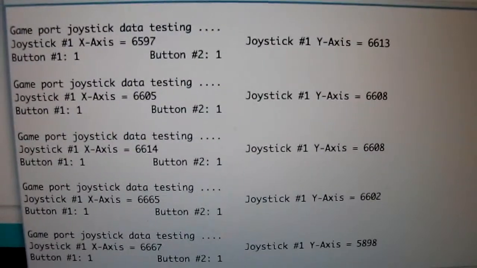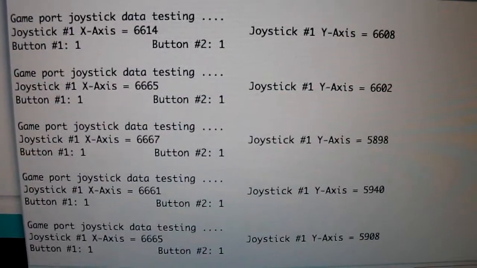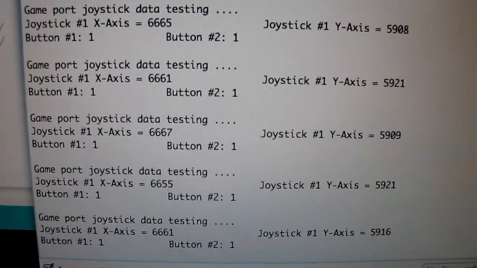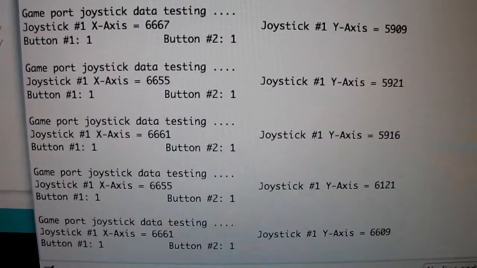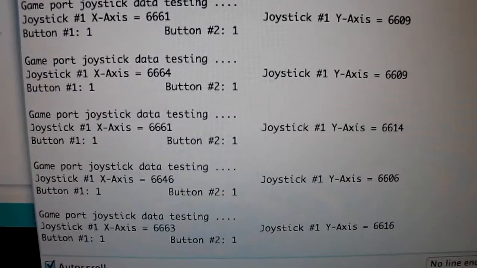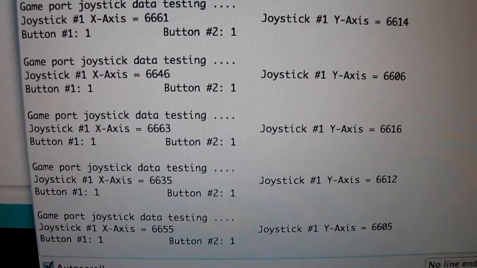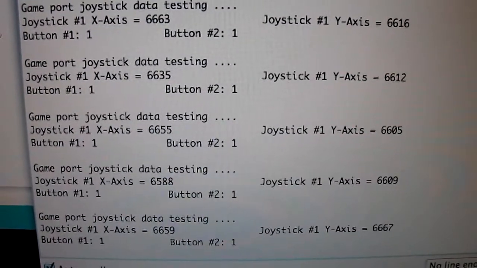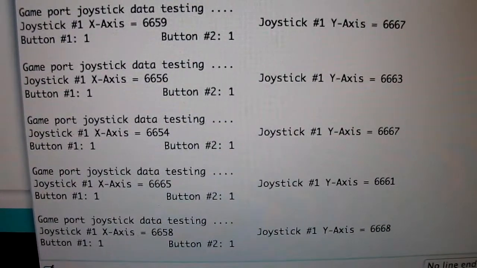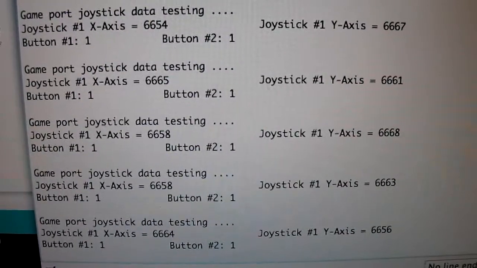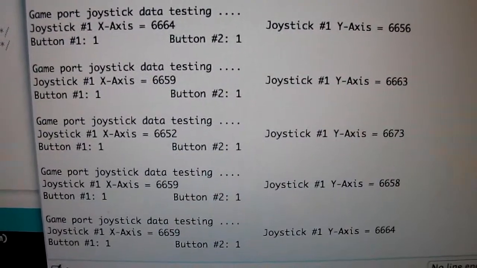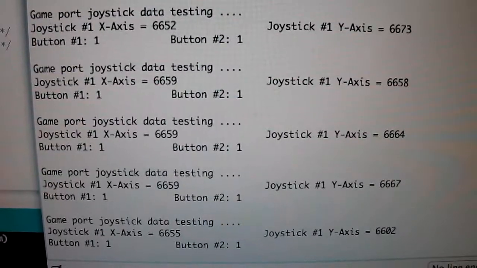So there you can see Y has decreased, right? And you will see it go back to 6609, then 6614. It's not stable, and here it's being pulled in the opposite direction, and you can see it goes up. So it actually reads the change for that frequency. That's why. Now I'm going to put it back in the neutral position,